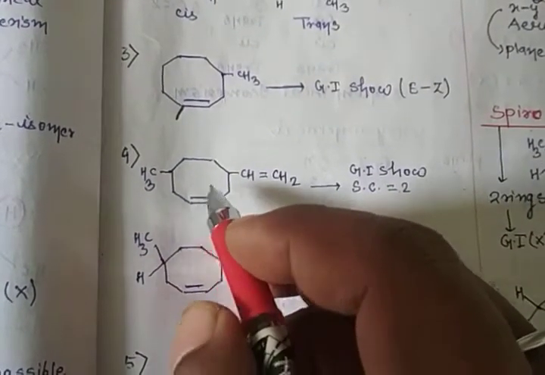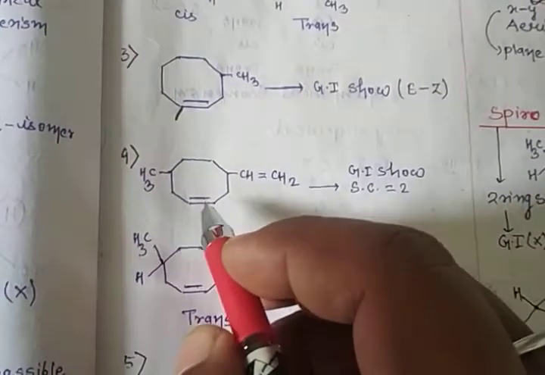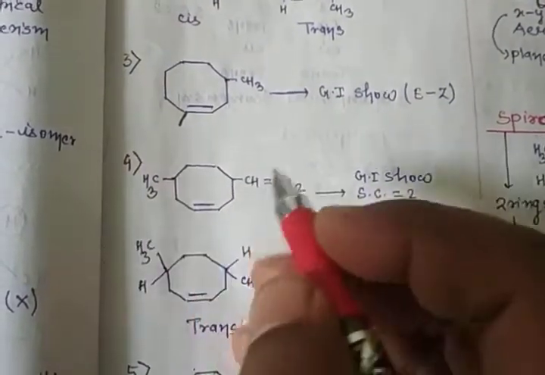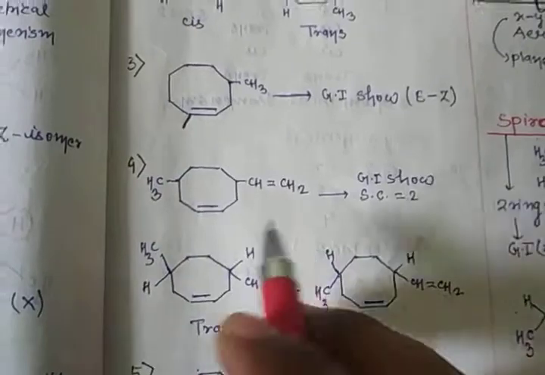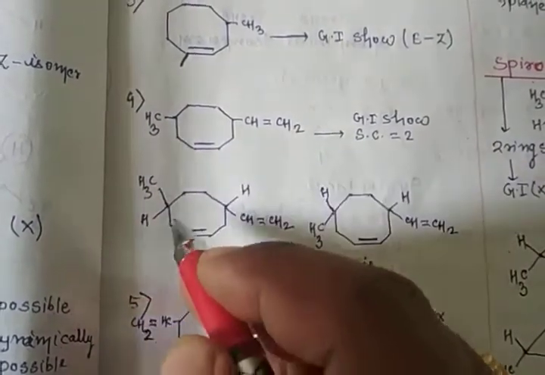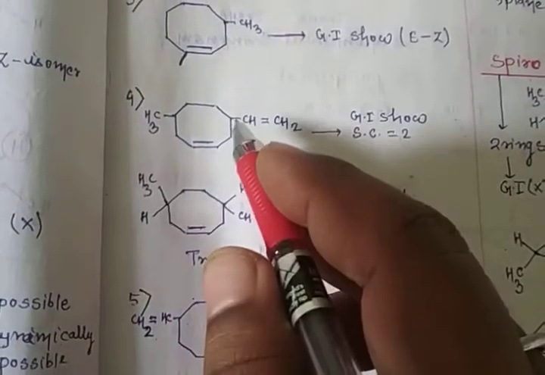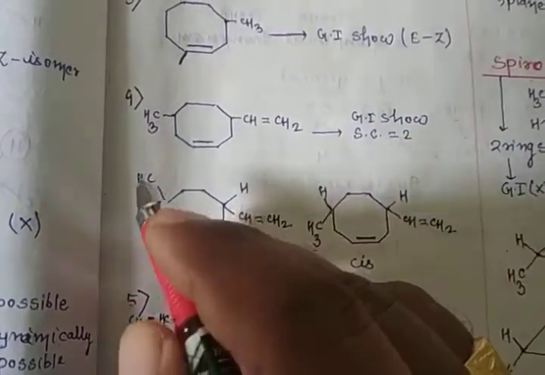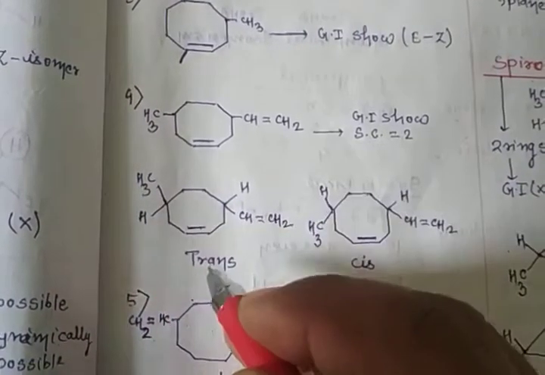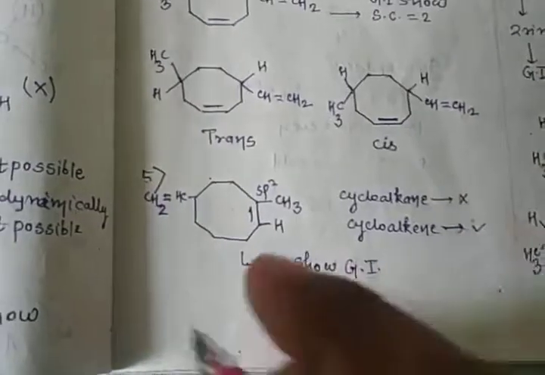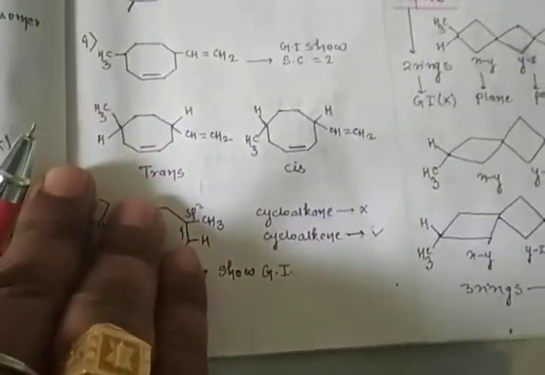this. This is a double bond, so this compound shows it. This is the first stereocenter, and now this is also. Now just check. Okay. This carbon has 1 CH3 and 1 hydrogen, and this carbon also has 1 hydrogen and CH3. So H and H in opposite directions means trans, and H and H in the same direction means cis. Same for this. Clear? 100% clear?